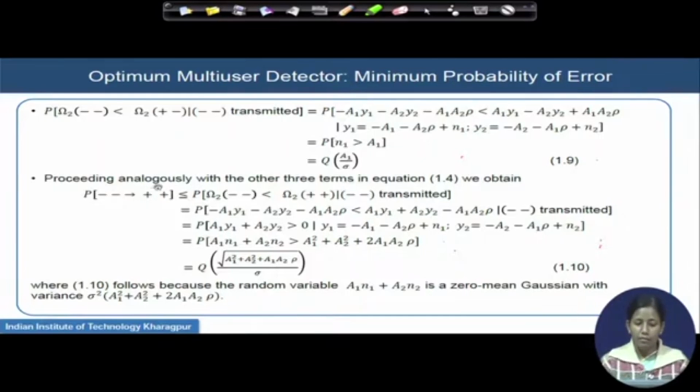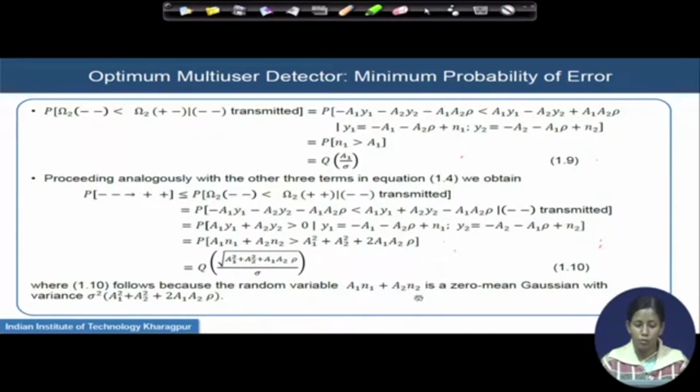Equivalently, by the same logic, if the transmitted bits are double minus but you are receiving double plus, it is a cross change that can only happen in this situation, which leads you directly to another Q function expression governed by expression 1.10. And you see that when we derived this, we utilized the fact that the random variable